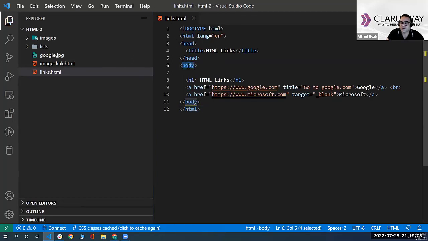And you see when I select the body, the other tag here is highlighted. When I select the head, you see it's highlighted. You can tell where the beginning and the ending of the tag is. The last one that I want to share